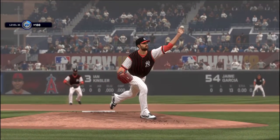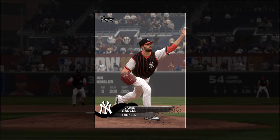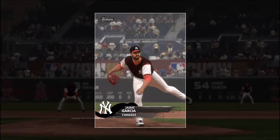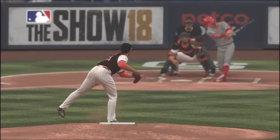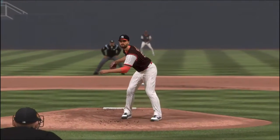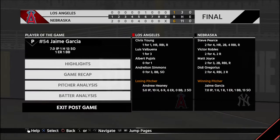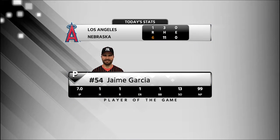And fellas, the outing turned in by the man you see there certainly can't go unrecognized. Jaime Garcia. Take a snapshot of that. He's our top player of the game. Look at the numbers. This is what you want from your starting pitcher. He gave him 7 strong innings and sets things up perfectly for the bullpen to seal the deal. Very good job out there. Here now is our